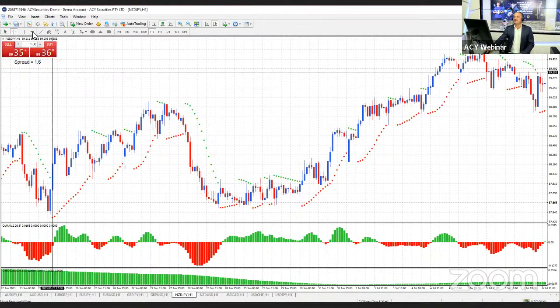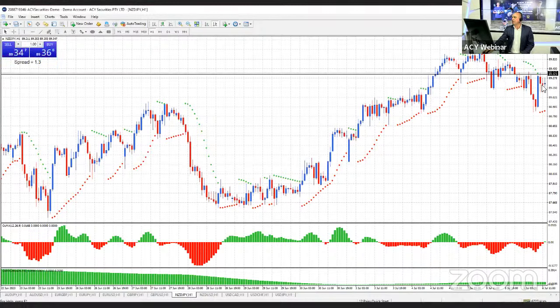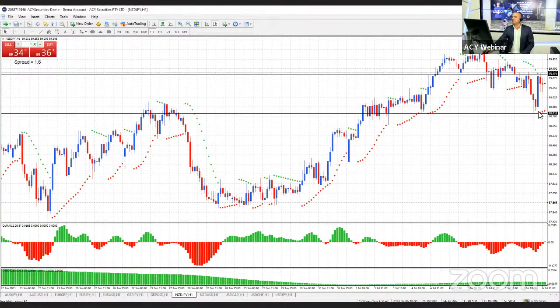So you can enter here on the trigger. It's green, green, and then you might choose, and I'll just use a line. I'll put a stop just below. I tend to put it just below the first dot. So I'll put a couple of pips there, okay? And that way you can sort of determine what your risk is. Therefore, what sort of trade size am I going to do?